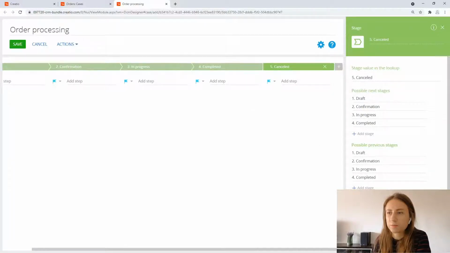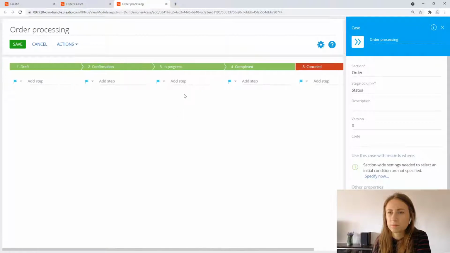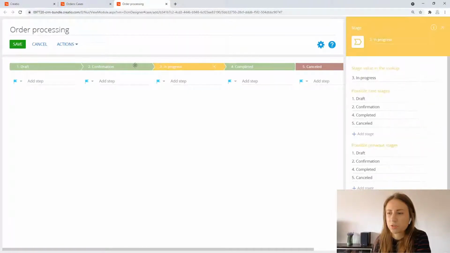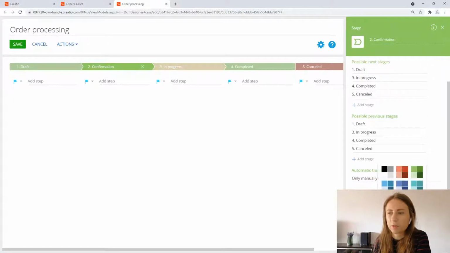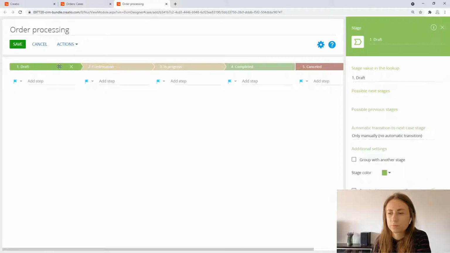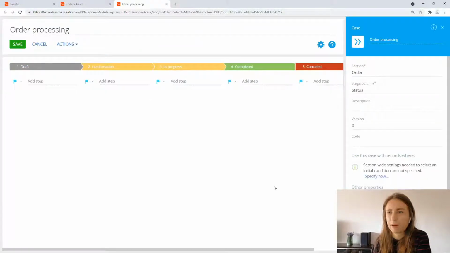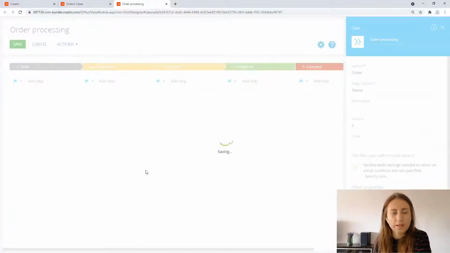I'm going to group this, change the color, and again just do some color changes to the stages. That's the main thing that I'm going to do. Okay, I have my order processing case. I'm going to quickly save this, and the next thing that we are going to do is